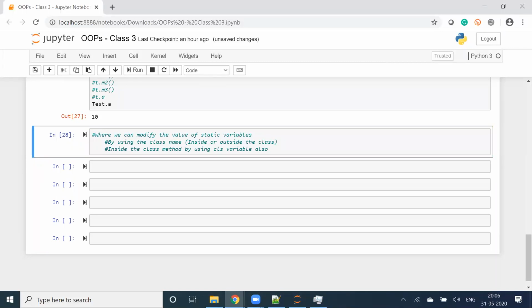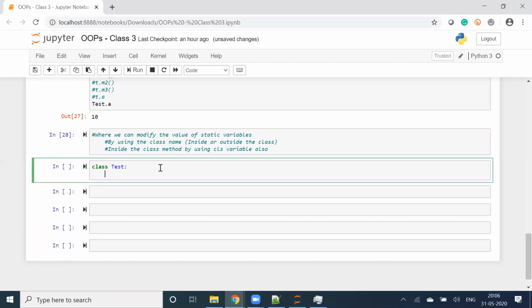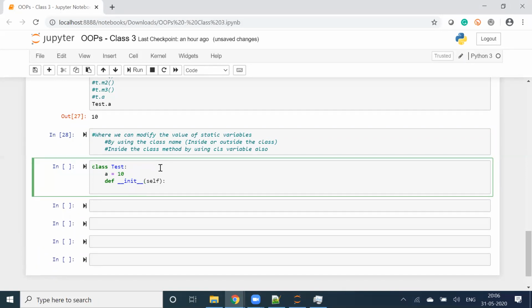Okay, let's play around and try to understand this. I have a class called Test. a is equal to 10, def init, self. Now as per this comment, by using the class name, I want to update the value of a to something else.